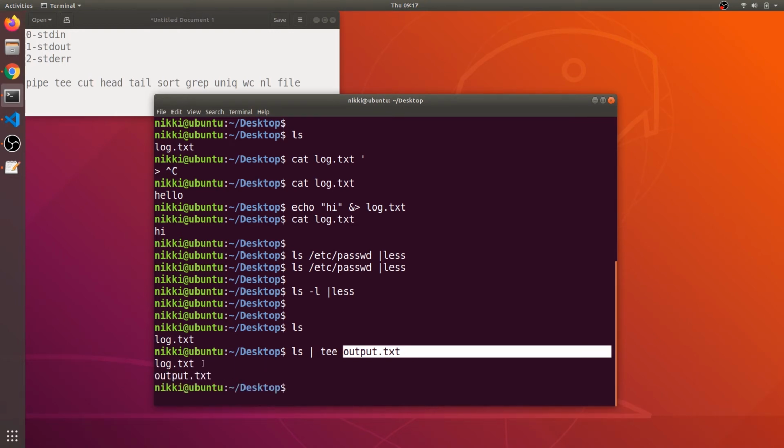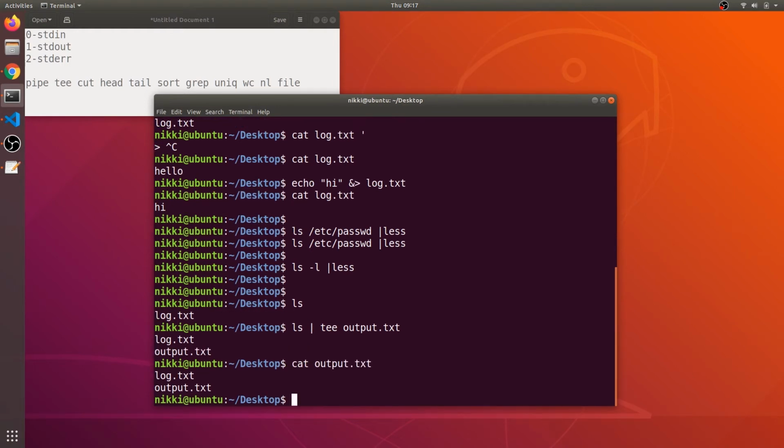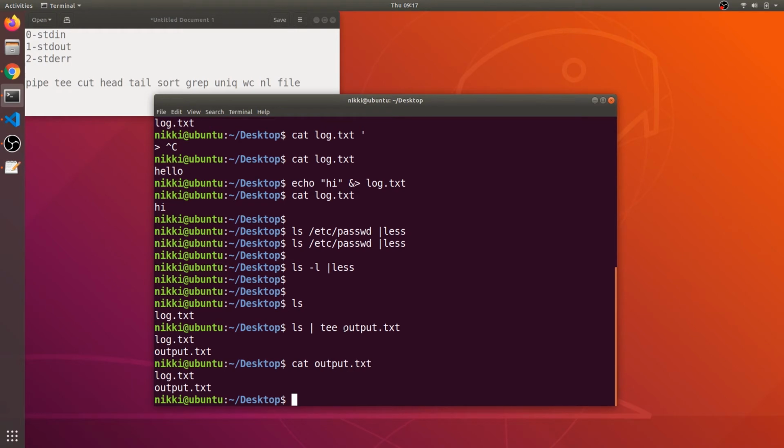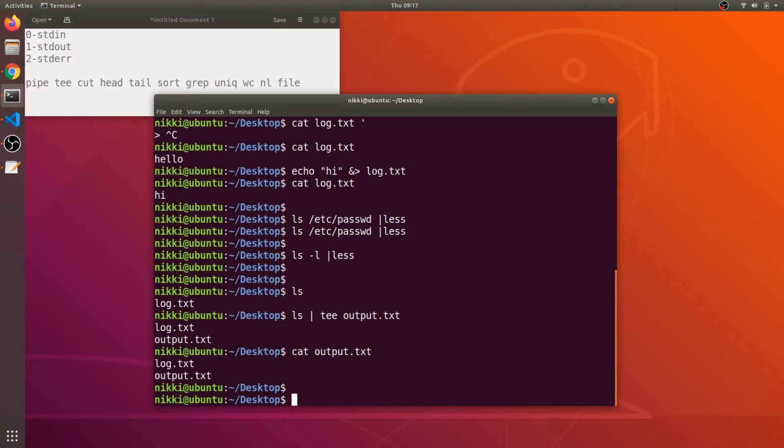So I have got the output rock.txt and output.txt. As you can see, the tee command will generate the output.txt, and then this command gets executed. Now if I say cat output.txt, I have got the same output stored in the output.txt file. So the output.txt has been generated, and then this command has been executed, and the output of this command has been stored in this file. So I think you have understood this.